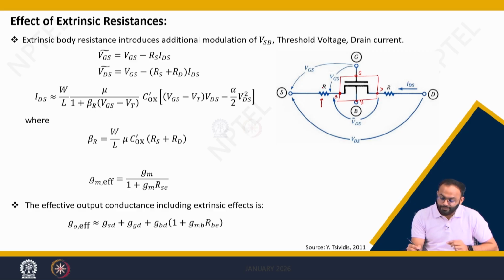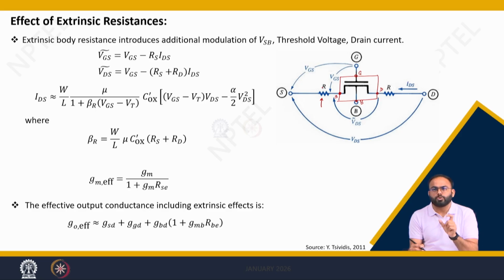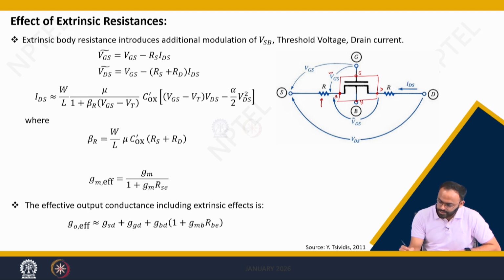Because of that, the effective gate to source voltage, effective body to source voltage or effective drain to source voltage is changed. We defined these parameters as VD cap, VGS cap in our previous lecture, and we have also seen that the current is no longer given by the simple equation; rather, a factor of 1 plus beta r into VGS comes into the picture. So now the current is no longer given simply by W by L into mu into COX dash into VGS minus VT into VDS minus alpha into VDS divided by 2. There is some factor which is dependent on